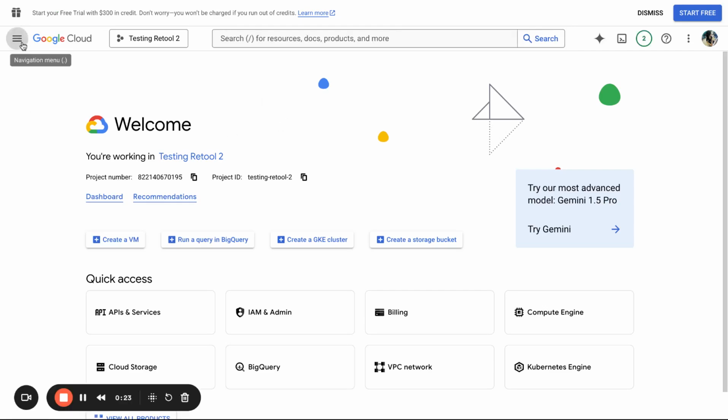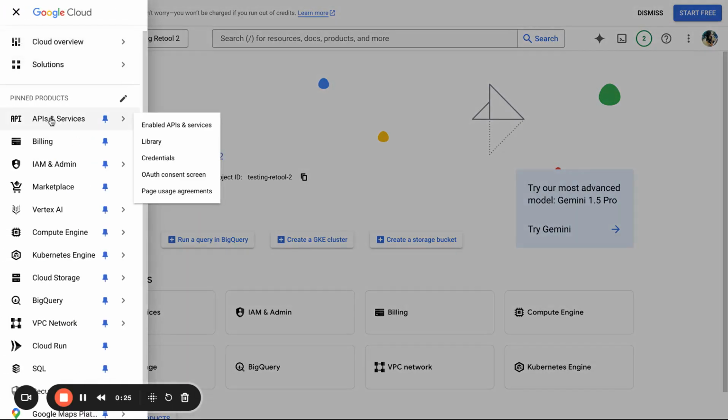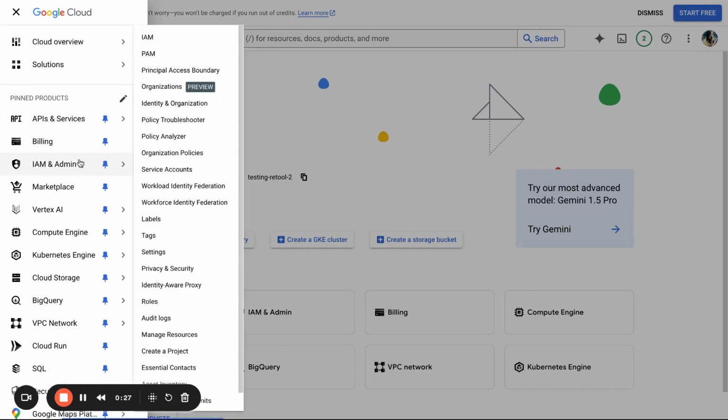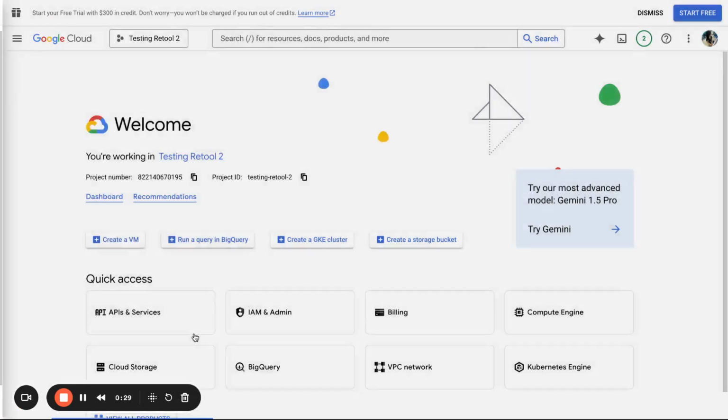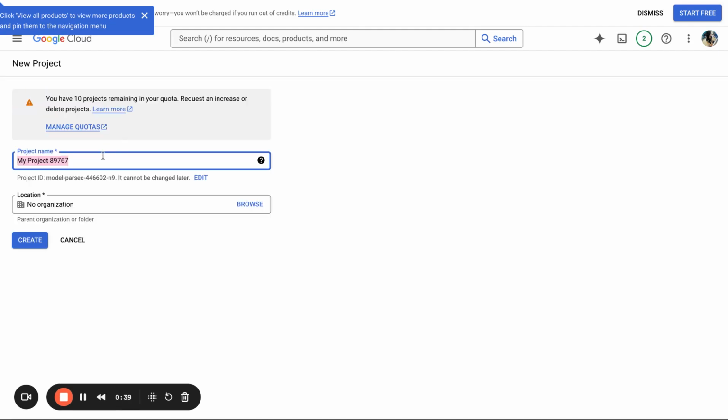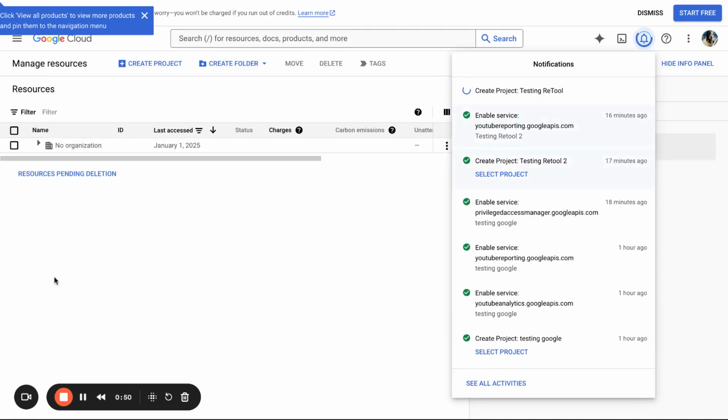and you're going to want to create a new project firstly. So go into the menu, click I am an admin, and click Manage Resources and create project, and then just name your project. I'm just going to call it testing retool and create it. So it's going to load on this side, and then once it loads, we're going to select